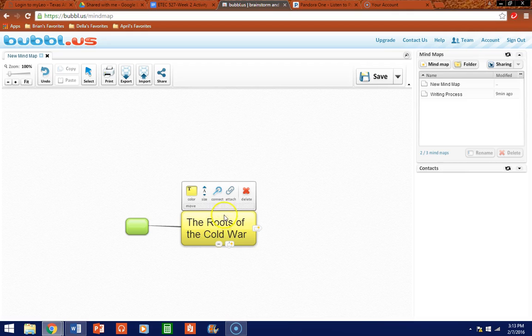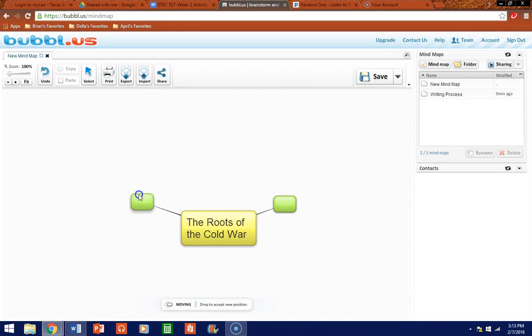Okay, 1, 2. You can drag and move these later. 3. Alright, so we created 3 concept bubbles connecting to the big, well, hang on. There we go. We're going to make the